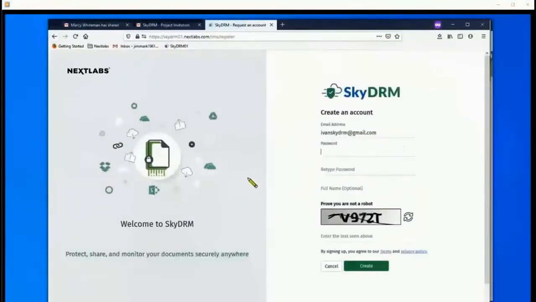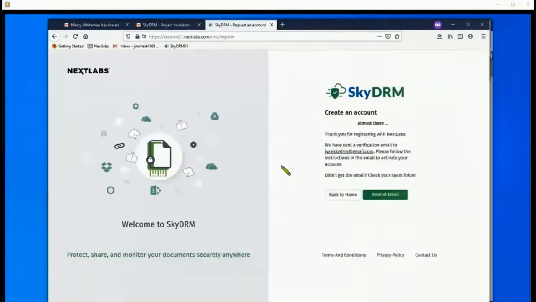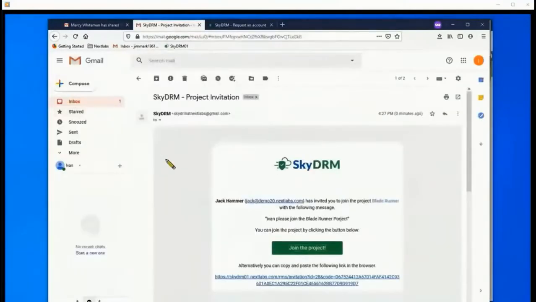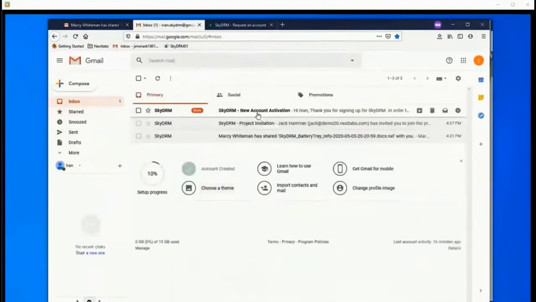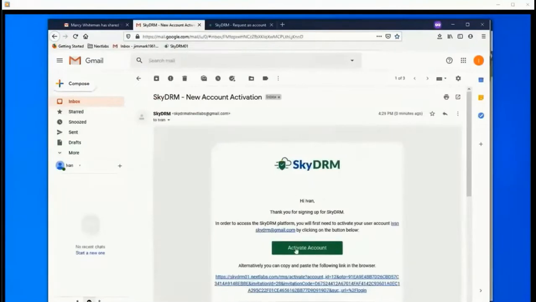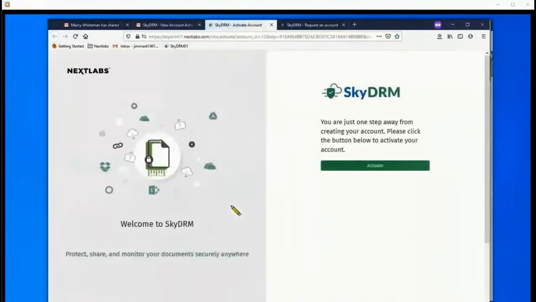And we'll also see that this is using his email address as opposed to an internal Active Directory ID. So he'll go out and create an account for himself. He'll go back to his email. If he does a refresh on this, he'll now see that he has a new account activation email from SkyDRM. And now he can go down and activate the account. And now the account is activated. If he clicks on the ribbon,